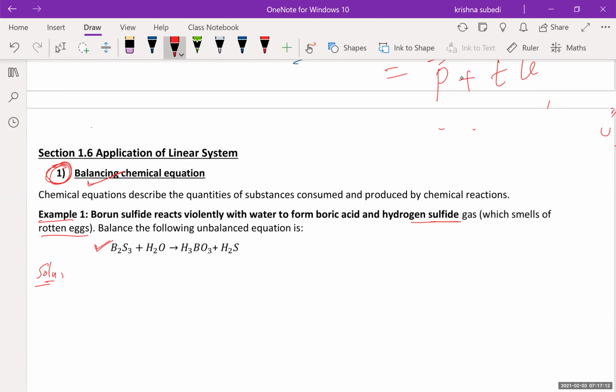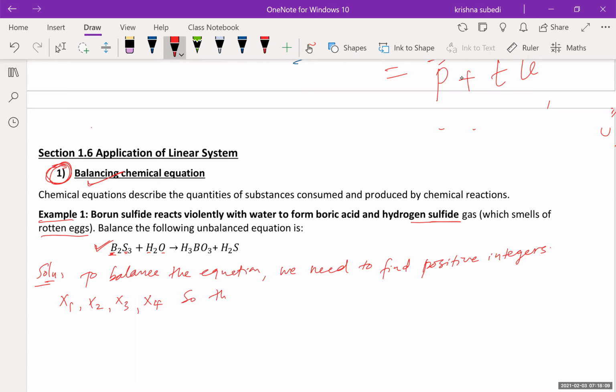Let us suppose that to balance the equation, we need to solve the system, or you can say we need to find positive integers. How many? How many chemicals are there in this one? 1, 2, 3. Boron, sulfur, hydrogen, oxygen. Altogether 4. So we need to find 4 positive integers. Let us represent them by x1, x2, x3, and x4,